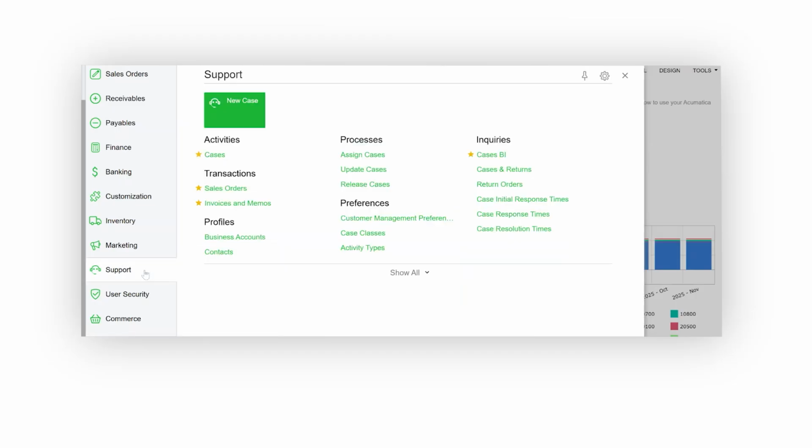So let's go ahead and open that up. So underneath any of the options on your side panel, you'll see first an immediate set of actions here, and then you should also see an option to show all. So if you open that up, you'll see everything that falls underneath that module or workspace inside of Acumatica. And you can change what you see in the